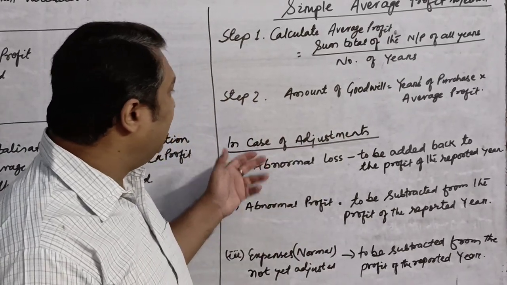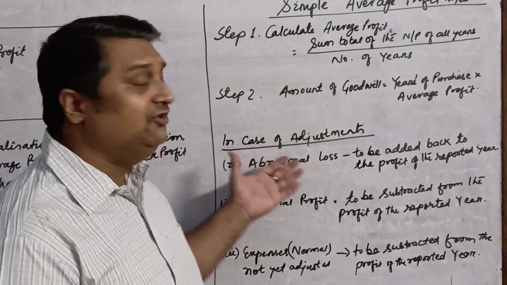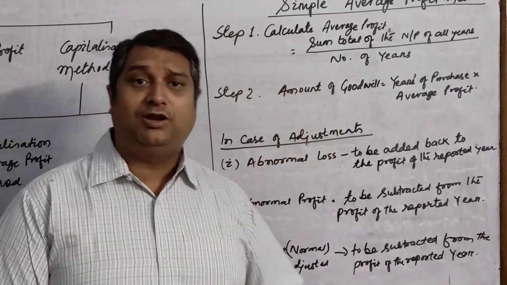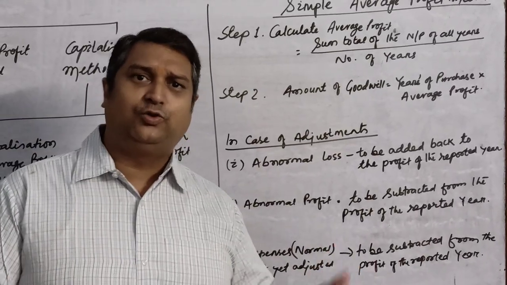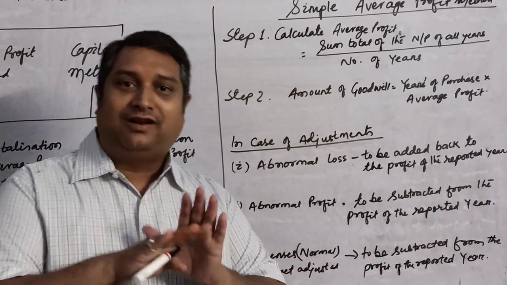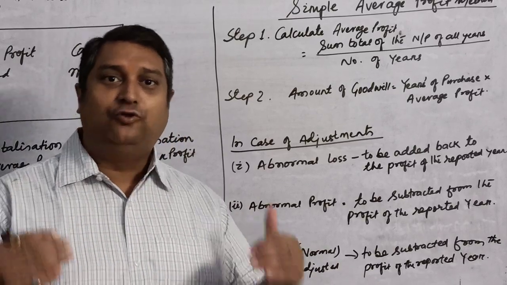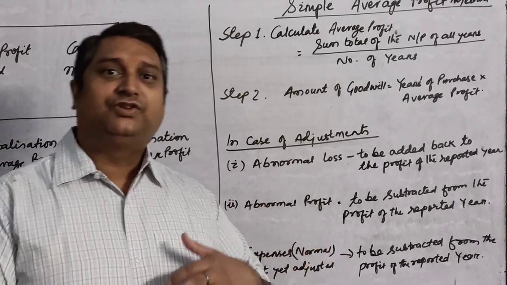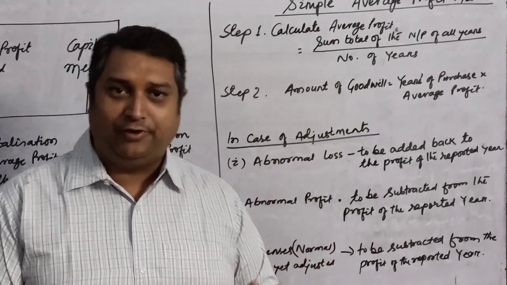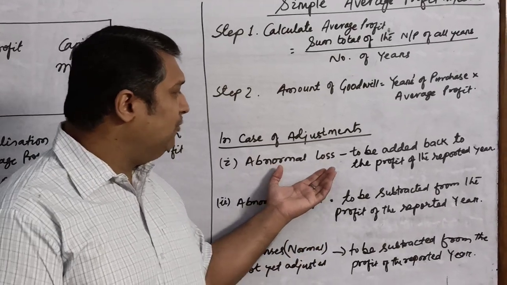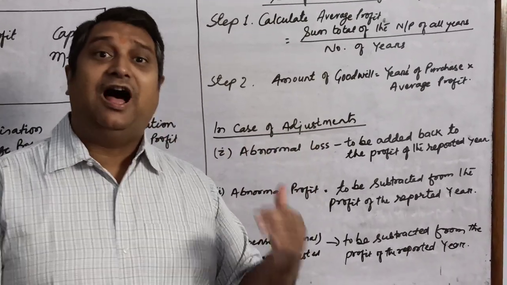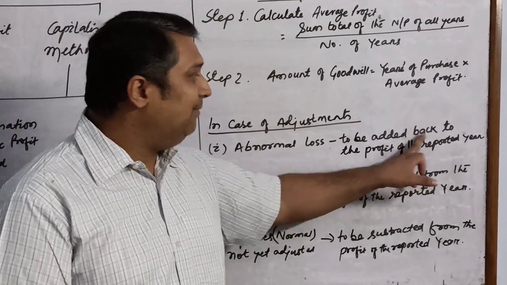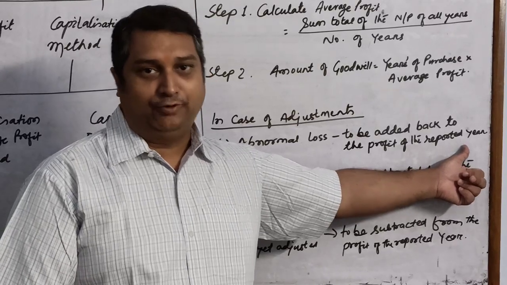Now, there are a few questions where certain adjustments are given. In case there is an adjustment related to any abnormal loss, abnormal losses are those losses which are not the regular conduct of the business. They do not take place regularly in the business, like goods lost by fire, goods destroyed or stolen by the employees. So these are certain types of abnormal losses which, when deducted from the profit, in order to correct it, you are supposed to add back to the profit